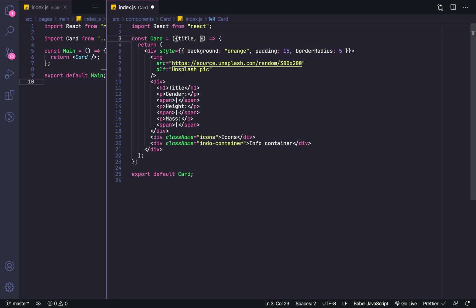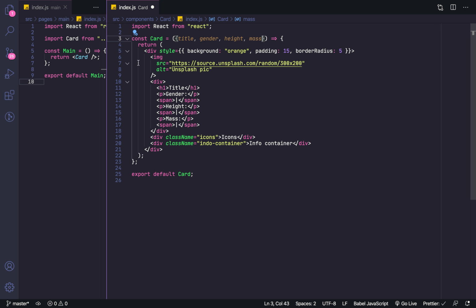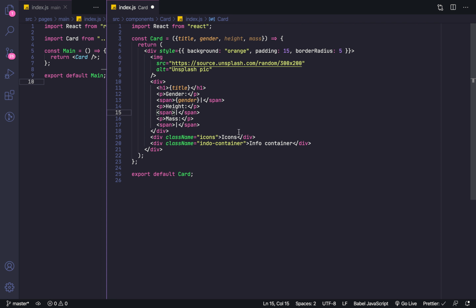So I will write title, gender, height, and mass. Title, gender, height, and mass. Okay. I have these properties as parameters of my component card. So instead of title, I will render now title. Here I will render gender. Oops, gender. Here height, and here